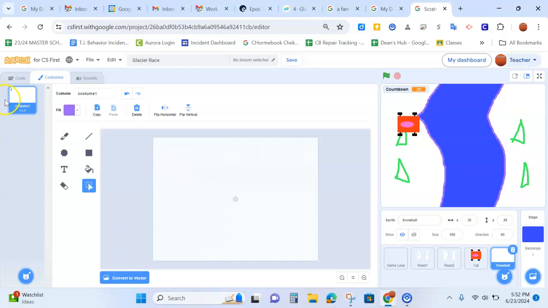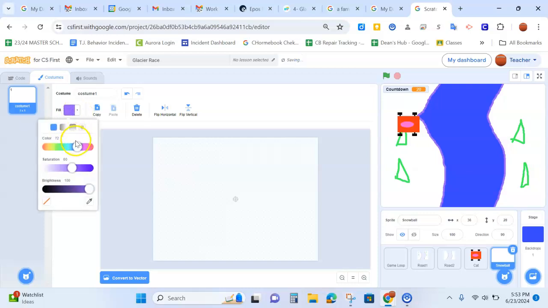The size you want of your snowball, you want it to be about 40 by 40. Here are the numbers. See, this is 1 by 1 because it's just 1 pixel. I'm going to take a little lighter blue outline,